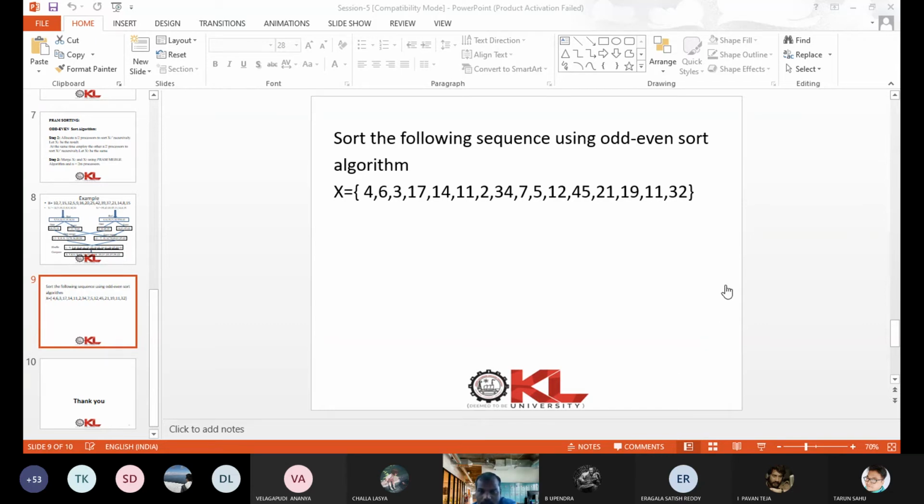Gopi, Gopi, yes, sir. Have you noted the problem? Writing, sir. Okay. Sir, I put in chat box, sir. First one, PRAM merging.